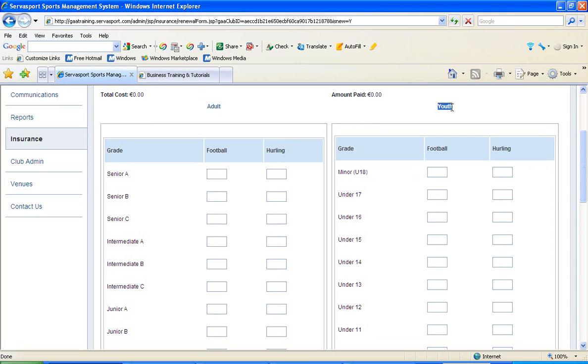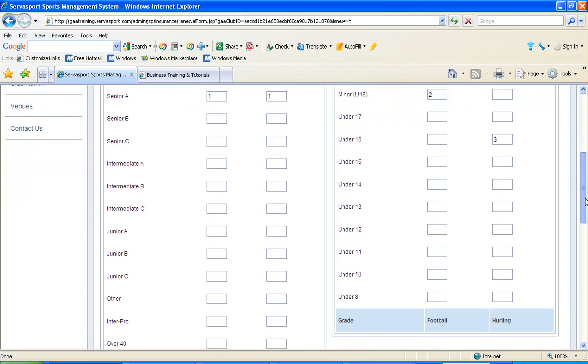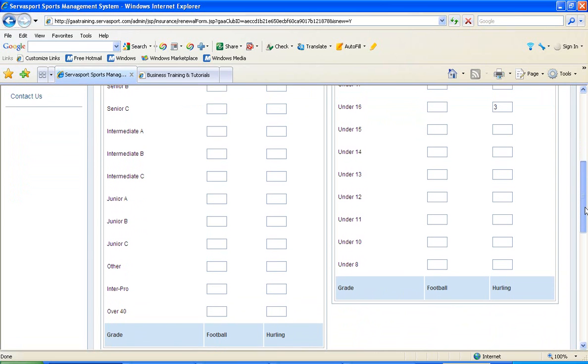So if a club, we'll say, is fielding both a hurling and football team, a senior A hurling and football team, you put 1 in those two slots. If the club is fielding 2 minor football teams, you can put 2 in that slot. If the club is fielding 3 under 16 hurling teams, you put that number in that slot, and so on. So for each team you're fielding in a particular grade, you put in the number of teams for that grade. So if a team is fielding an intermediate team,